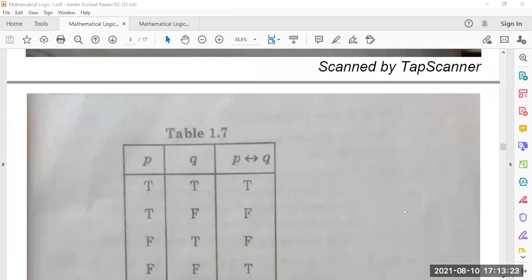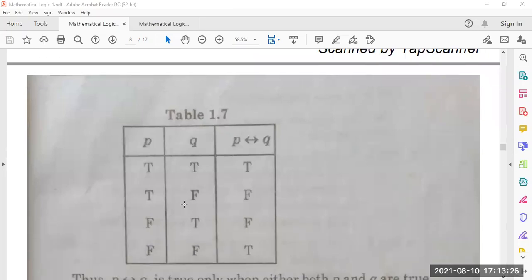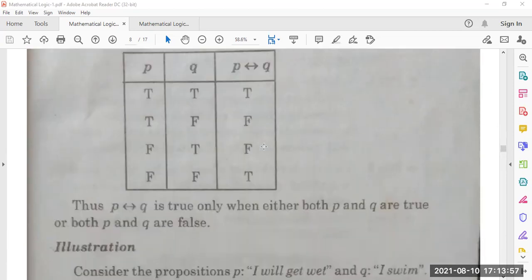Look at here. True is when both are the same. When the implication is given, that is called the if. So it will be true. It is the truth table too. False, true and true, false, they are false. Both are in the same category, then they are true. This is the truth table.